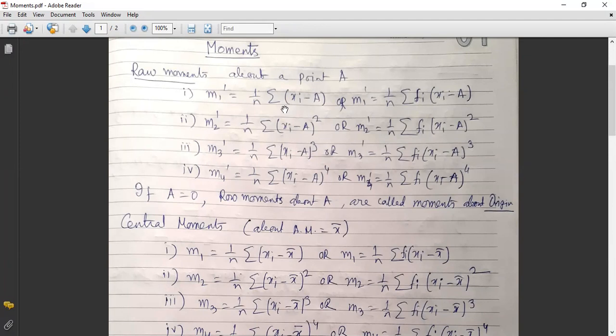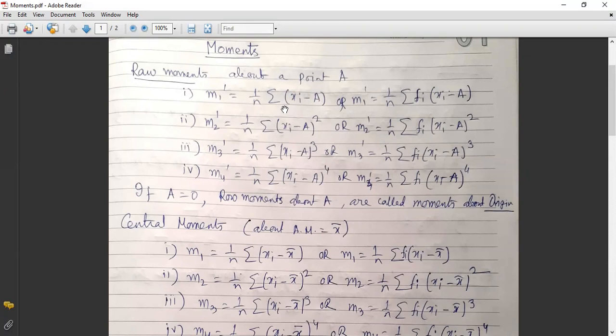If we try to draw a graph for those two different distributions, we can see it may happen. They have the same arithmetic mean x bar, the same standard deviation sigma, but their shape is different. হতে পারে।